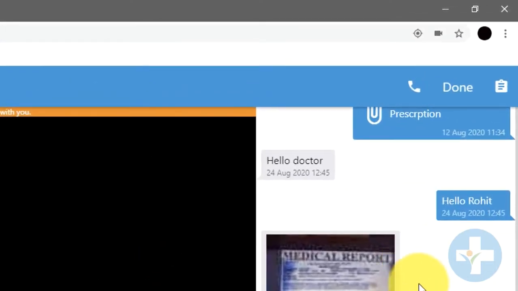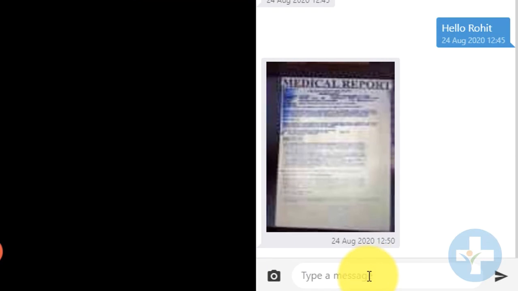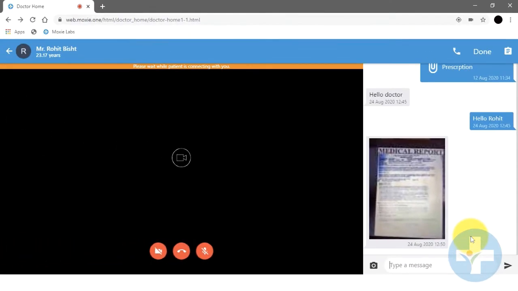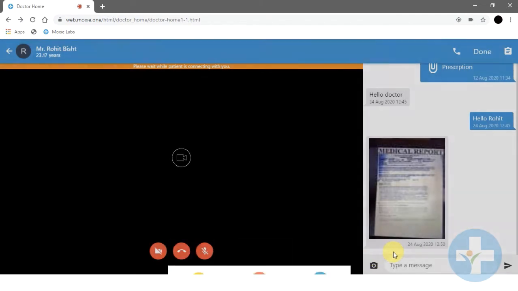During the video call, you can view previous discussions and prescription, old reports and patient queries at the right side live chat. In the live chat window, patient can share documents, pictures on real time, and you can also send them any educational material like link of videos and documents.